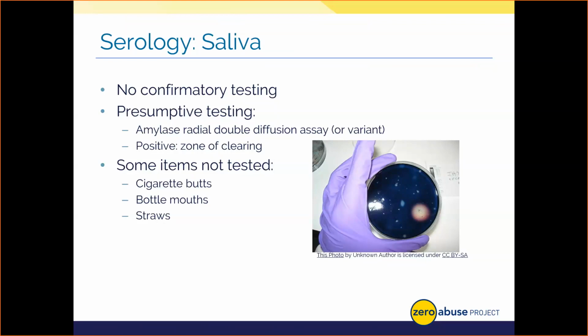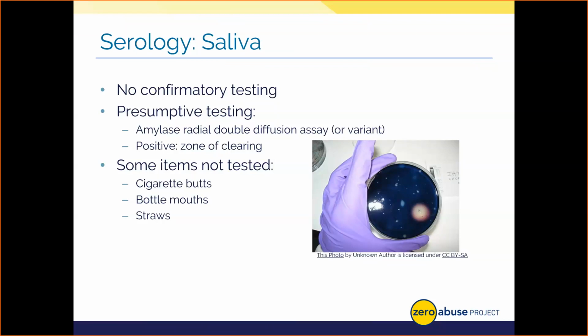From a chemical structure standpoint, starch actually has large grooves in it. And so the iodine actually binds to those grooves and your agar turns a dark blue or purple color if amylase is not present. For a positive result, in other words, amylase is present, the well in the area around it where the sample diffuses will be made up of simple sugar. That's where the starch has been broken down, or eaten or digested, if you will, by the amylase.